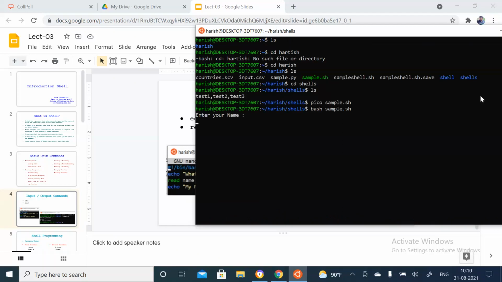You can see the same thing, whatever I had written previously on this command prompt, that same thing is here.